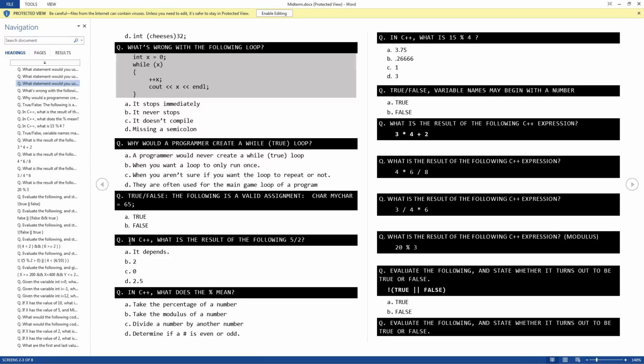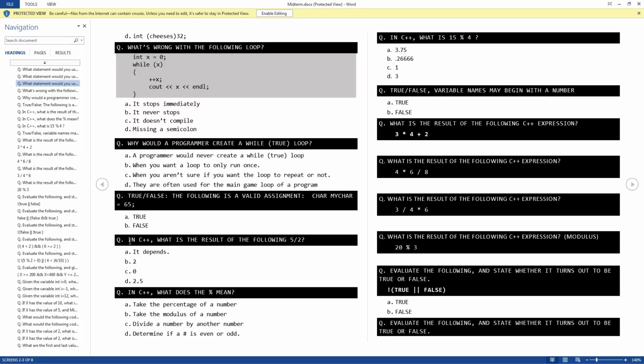I'm just going to do it over here. 15 modulo 4. If I divide 15 by 4, this is normally equal to 3 point whatever 3 over 4 is, 3.75, right? That's what it normally is.